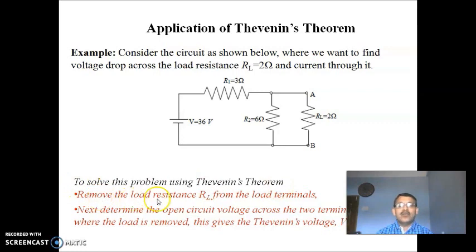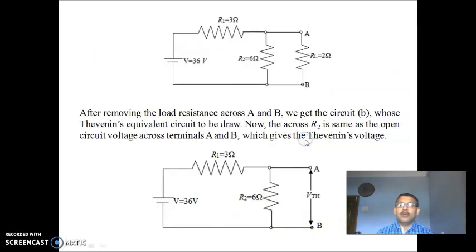Now, to solve this problem using Thevenin's theorem, what are the steps? First, remove the load resistance from the load terminals. Next, determine the open circuit voltage across the two terminals from where the load is removed. This gives the Thevenin's voltage. First, we remove the load resistance. After removing the load resistance across terminals A and B, we get this circuit, whose Thevenin's equivalent